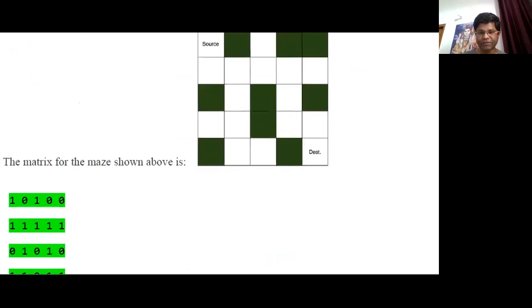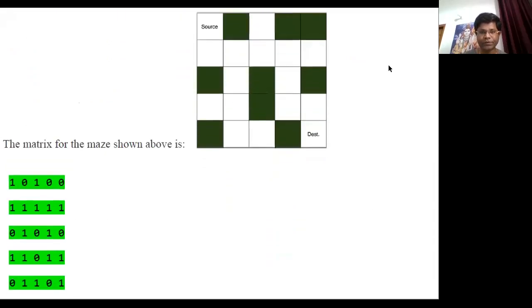I am expanding my figure. So this is the matrix for this particular block. This is the source node, this is the destination node. Here the cell is white, it means the movement is allowed, so the entry is marked as 1. Here the cell is blocked, so a blocked cell is denoted by 0. Again, a white cell is denoted by 1, and these two are black cells denoted by 0, 0. So the first row entries are 1, 0, 1, 0, and 0.